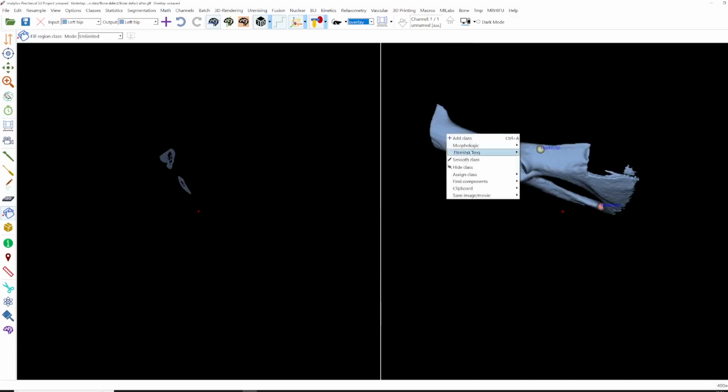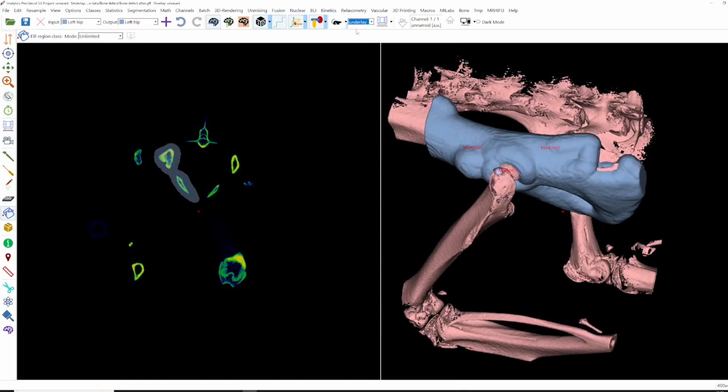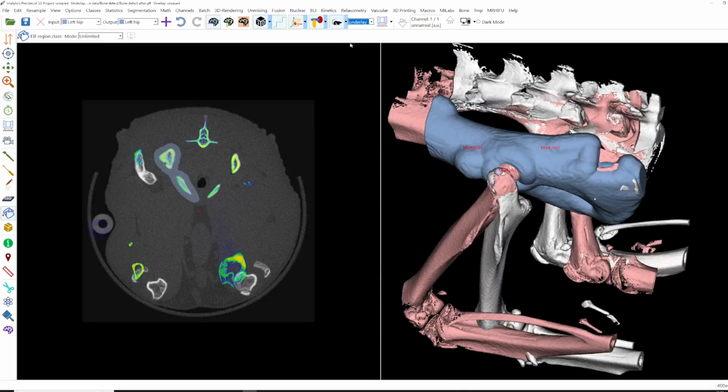And let me delete the temp class and dilate this a little bit to make it thicker. Morphologic, dilate 10. And now I will perform a fusion based on the left hip. And this is a nice trick, because as you see that the blacks, they are always in a different position, so they are not really reliable, but the hip is always in a similar position. And when I restrict my fusion now to this part, it's more reliable and more accurate.